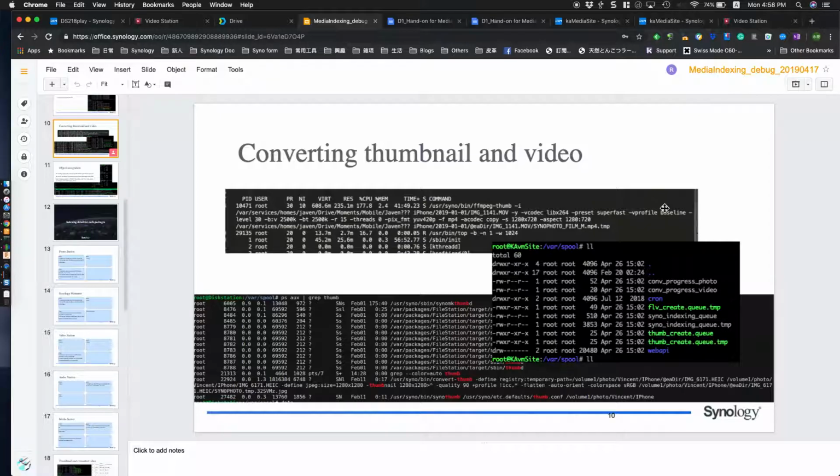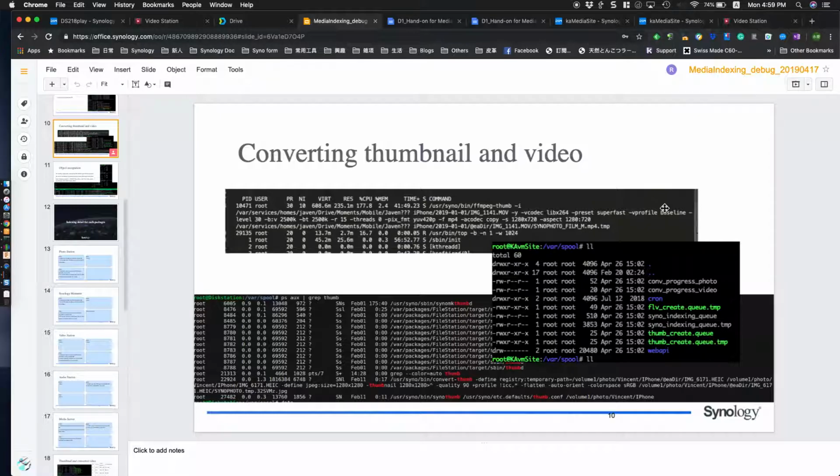Then we can check whether the problem is caused by a single file. Then sometimes I will double check the issue by asking the user's permission: can I download this file? Always ask the user's permission if you want to download anything from the user's NAS. If the user is okay, you can download the file to double check it in our NAS. If the problem is the same, maybe you can raise a ticket to Taiwan headquarters. Our developer will want to check whether the file is causing the problem, because